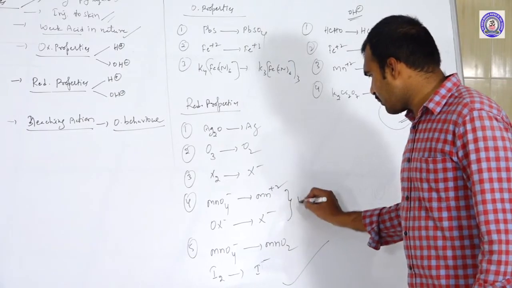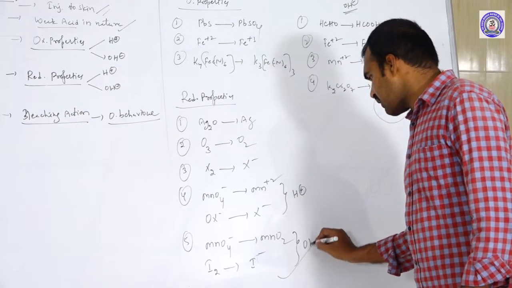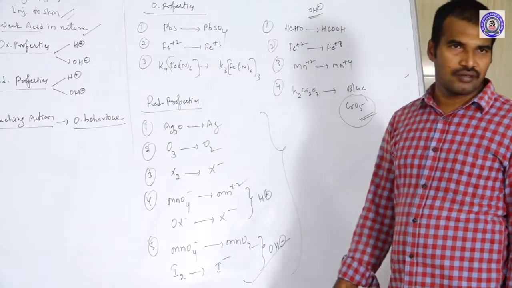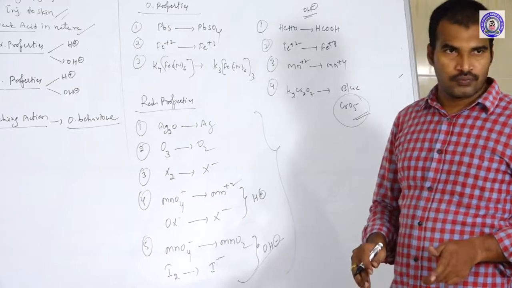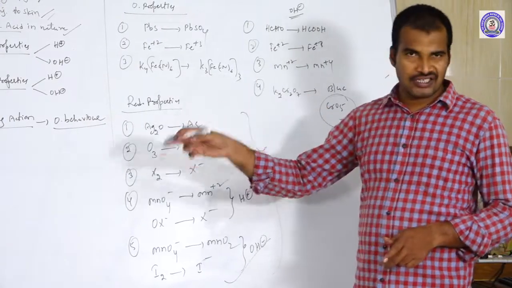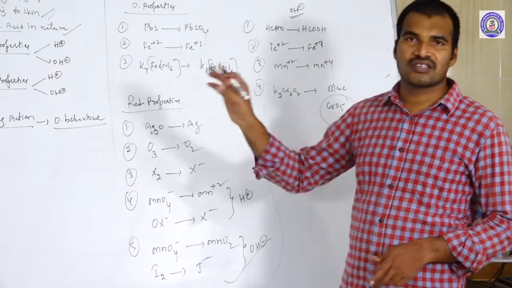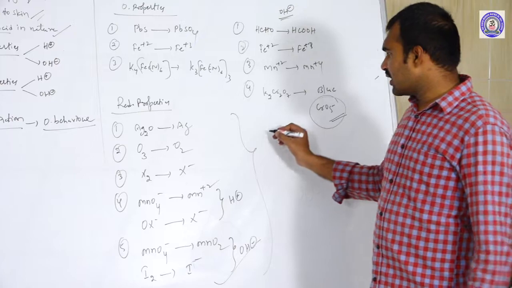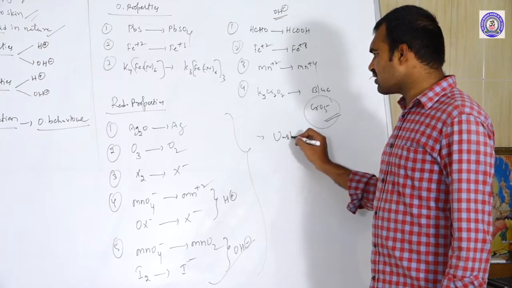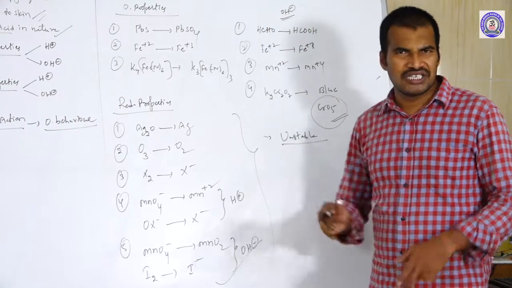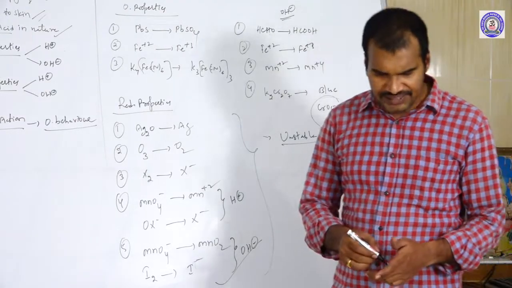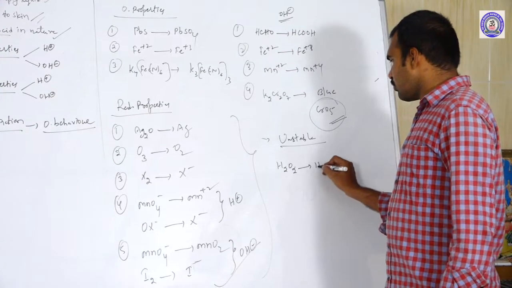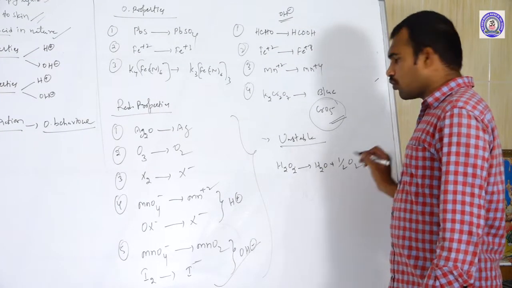These two are taking place in acidic media, and these two are taking place in OH minus media, basic media. So these are some reducing properties of H2O2. It also shows bleaching action, and that bleaching action is because of its oxidizing behavior. So this is about the properties, and usually H2O2 is highly unstable. It easily decomposes into H2O and half O2.